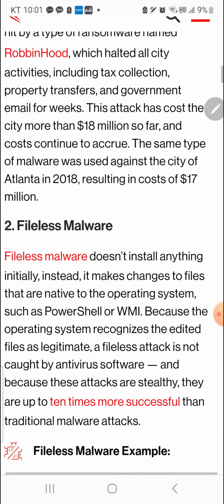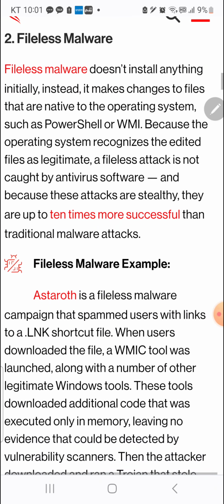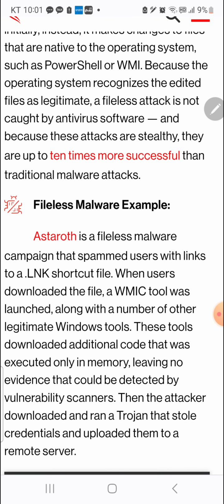Ransomware, software, and signature-based detection, right?